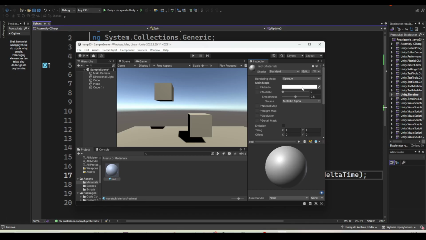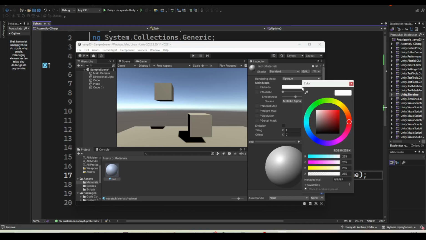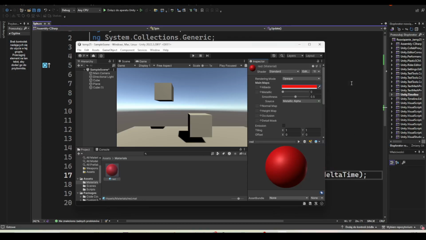So if we want to change the color, we can press on that white area and choose the color that we would like, for example, red. We can also change the values of properties such as metallic and smoothness. And here in the preview, you can see how the object should look. Now we created this first simple material, but